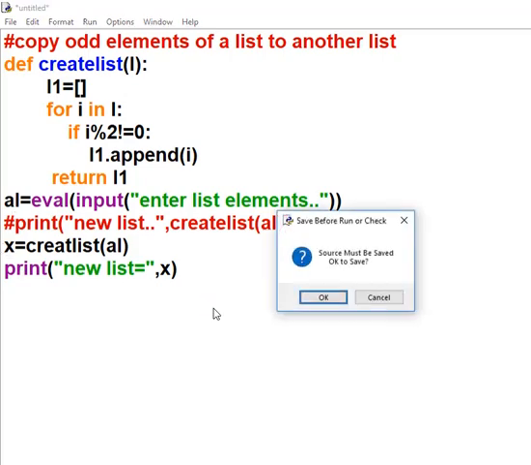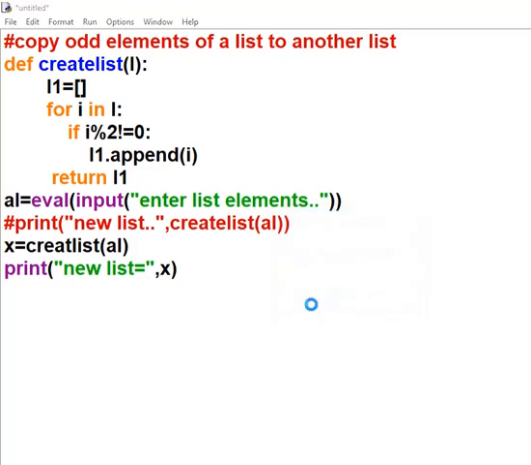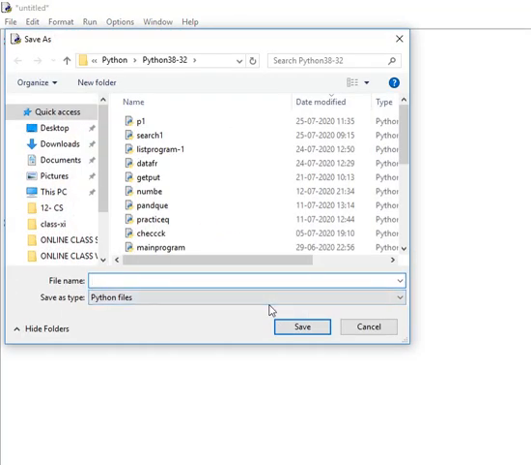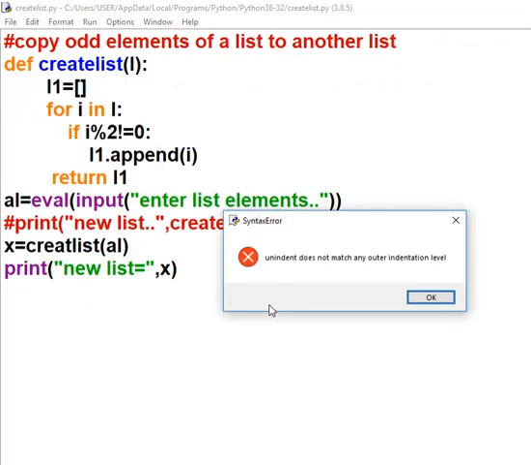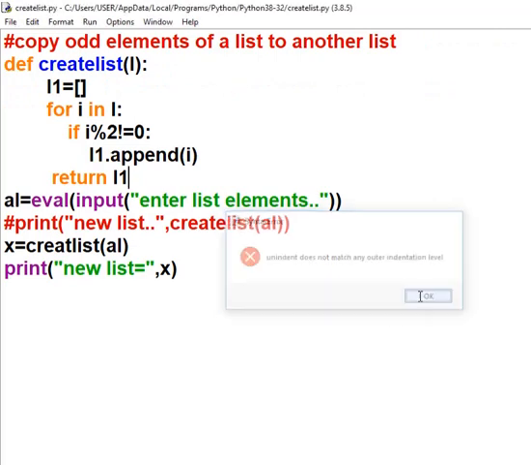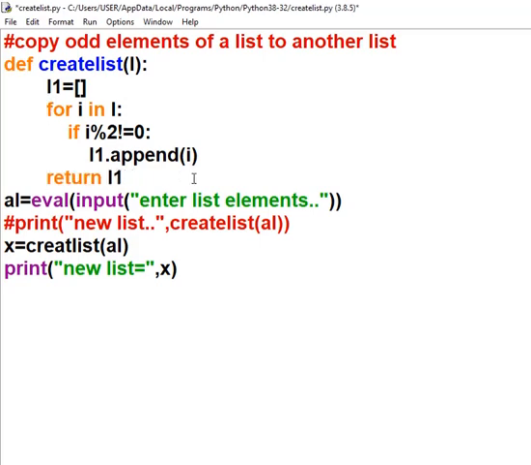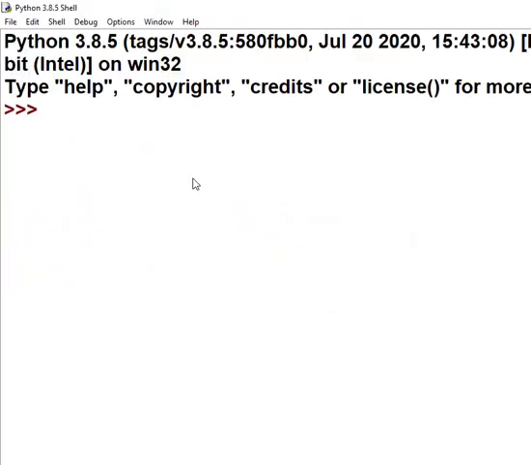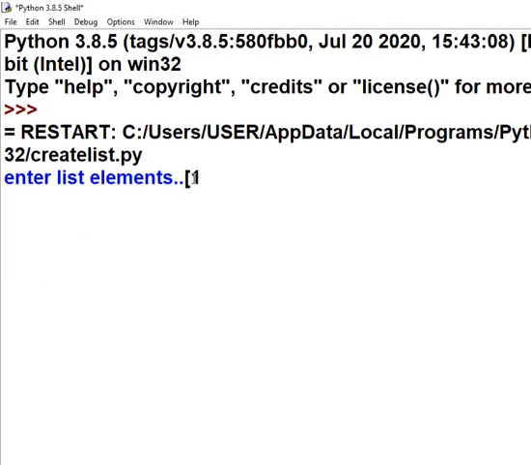Now if you execute, let us pass a list with a few even elements and a few odd elements.